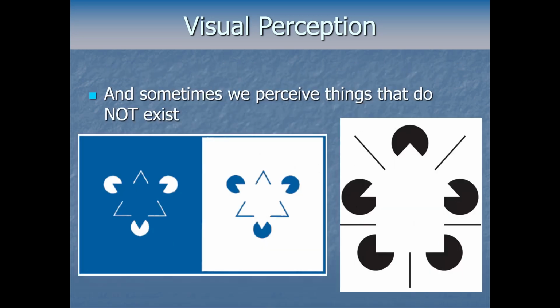And sometimes we perceive things that do not actually exist in the stimulus. So these figures I'm showing here, for example, they show an effect called illusory contours. We perceive edges, we perceive contours in something like this where there aren't really any in the picture itself. Like there's not really an upside down blue triangle in the center of the left image, although we all kind of perceive one there. Instead, it's just a blue background and it has some white Pac-Man shapes and 3 acute angles in white,